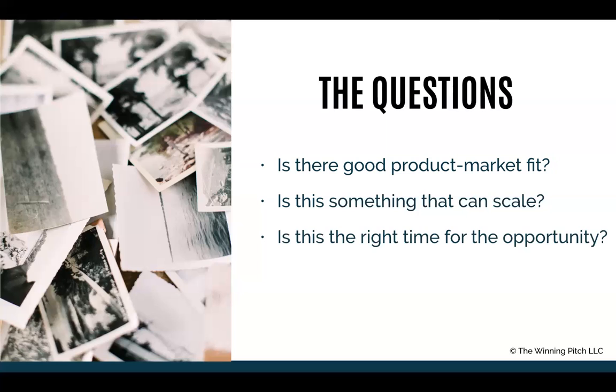Is this the right time for the opportunity? Is the current environment one in which this product or service has a real chance of success? Are there outside issues that could get in the way of it growing? Or is there an outside factor that could really give this a rocket boost? Obviously, in pandemic times, that's become a real outside factor for a lot of businesses that otherwise might be really growing right now. Or in a few cases, the pandemic has become a rocket fuel for some businesses,